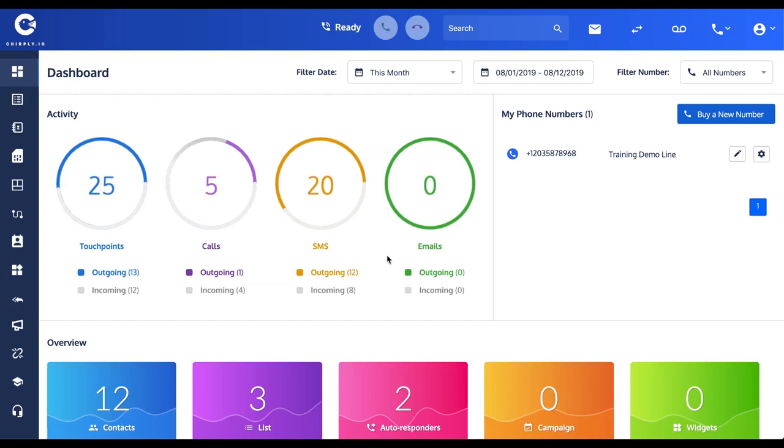Okay, so the next thing we want to go over is the configuration for an individual phone line. Basically, what is the system going to do when an incoming text message or an incoming voice call comes through? Right now, this phone line, training demo line that we just created, is not configured, so the system wouldn't know what to do. So the way you go about configuring it, you can either click this configuration